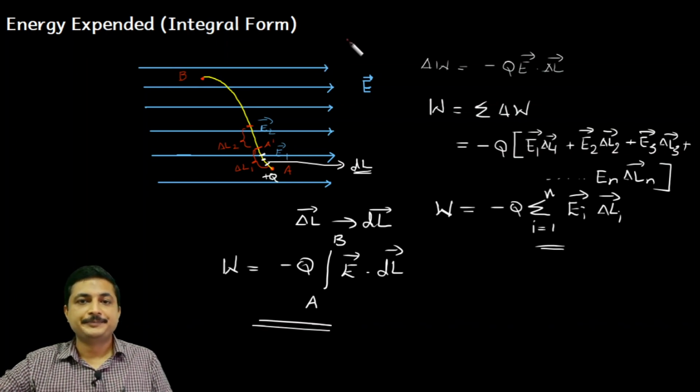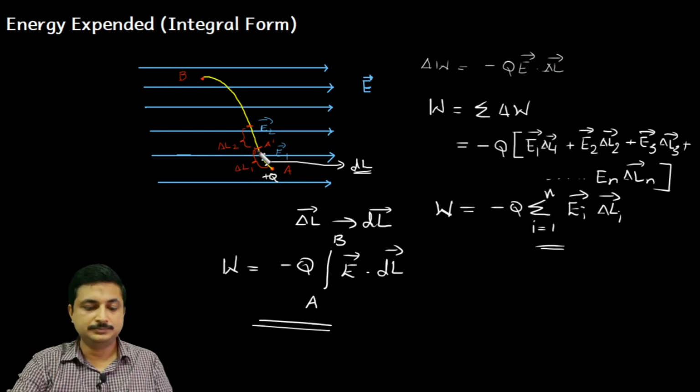Right? So please understand that when the path is infinitely small, I would integrate the variation of E for every point on this path along A and B. Then I will get the total work done, and this remains constant. This minus sign we have already discussed why it is in the previous video. And Q is the magnitude of the charge which we are trying to move from A to B.